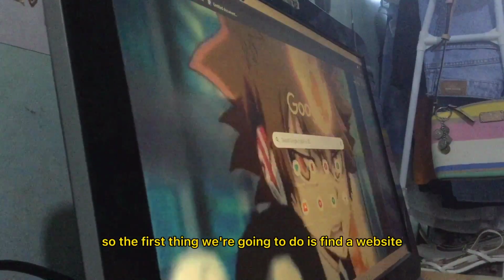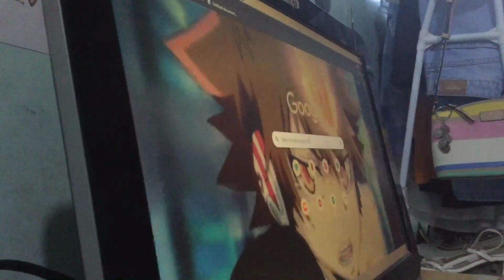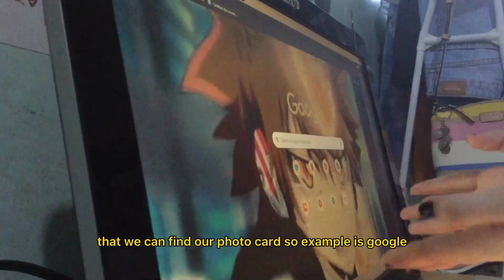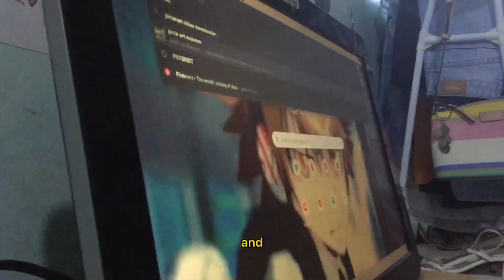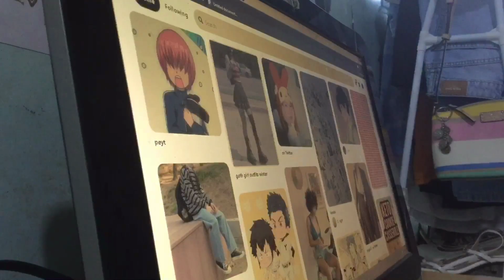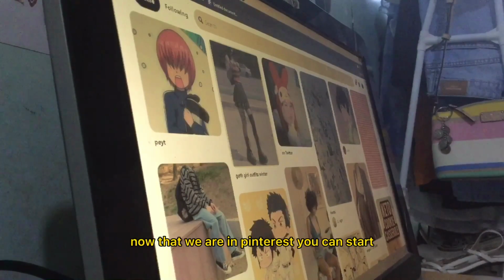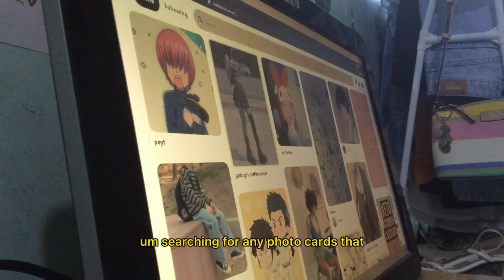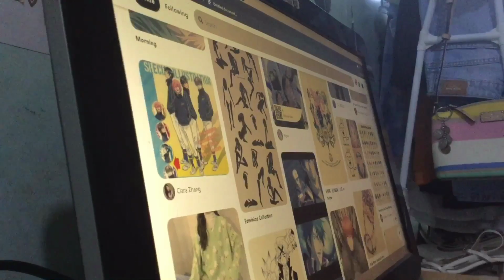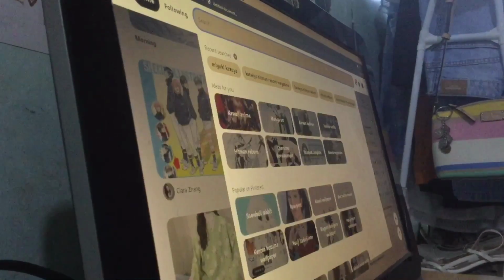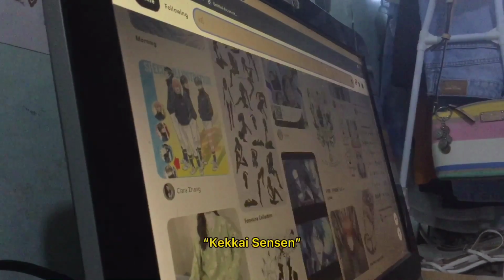Okay, so the first thing we're going to do is find a website where we can find our photo card. Examples are Google, Pinterest, Tumblr. For this situation, I'm going to go on Pinterest and search. Now that we are in Pinterest, you can start searching for any photo cards that you would like. In this example, I am going to search for Kakei-Sensen